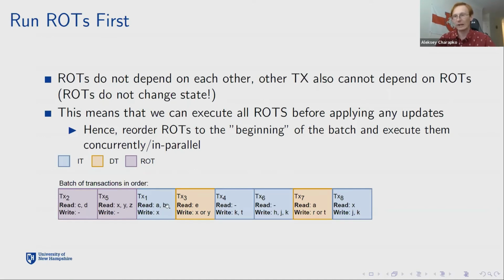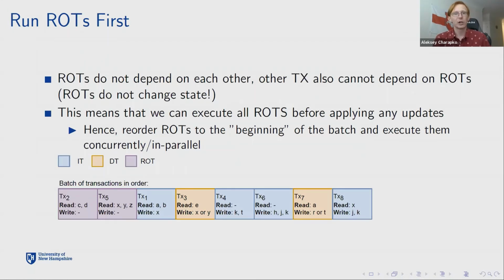and they do them first because they don't modify any state. They only depend on the existing state of the system. So if the previous batch has finished, now we can run all of these read-only transactions on the snapshot of the state from the previous batch, without worrying that anything will change in the system, right? So we can easily parallelize these read-only transactions from this single snapshot, which is the result of the previous batch.